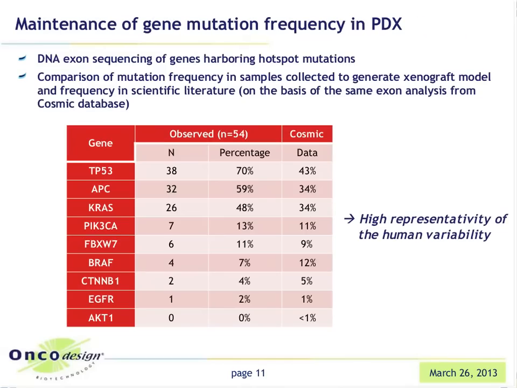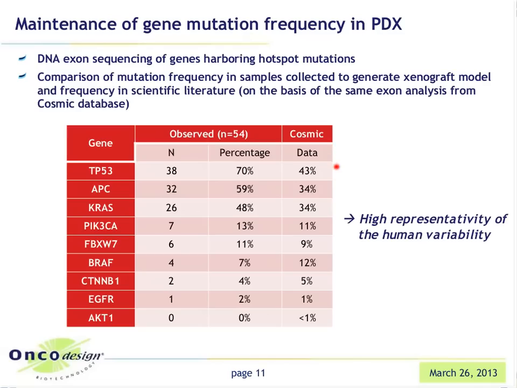We can sequence multiple genes. We have run here a study of DNA exon sequencing on the hotspot mutation. So this is the list of genes that we have sequenced. And this is the mutation that we observe on the different exons that have been sequenced. And if we compare to the literature data, we took the COSMIC database that